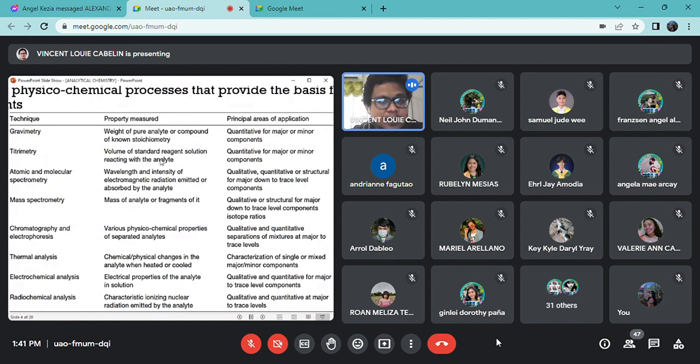Next is spectrometry. When you talk about spectrometry, you are using wavelengths, usually wavelengths of light, to analyze how much substance is present in a particular compound or mixture. So you have two different types. You have atomic and molecular spectrometry, which measures the wavelength and intensity of the radiation emitted and absorbed by the analyte. So basically,